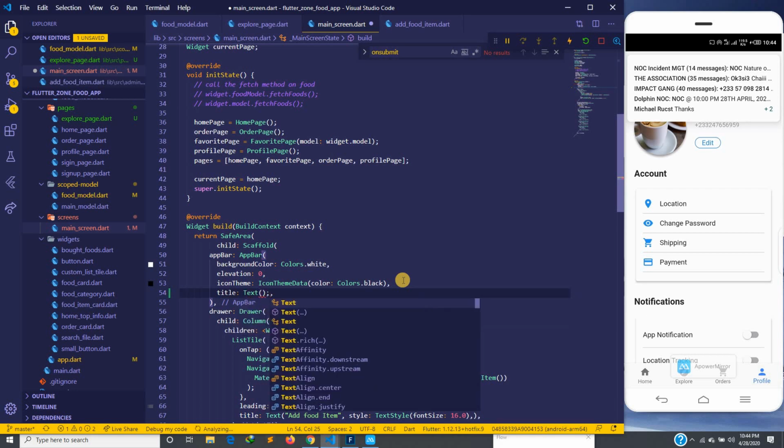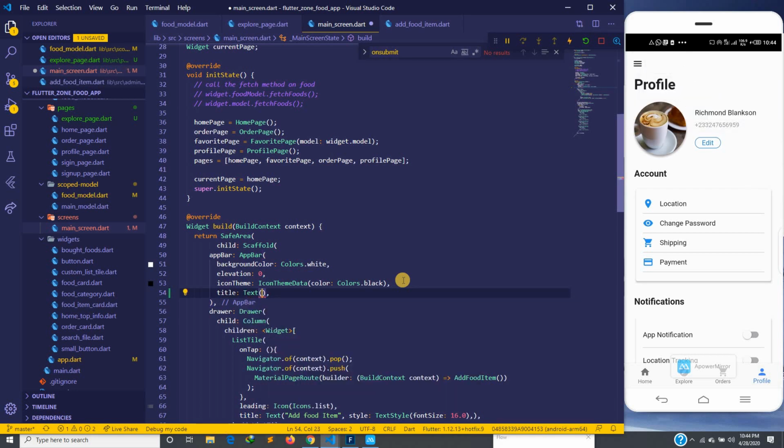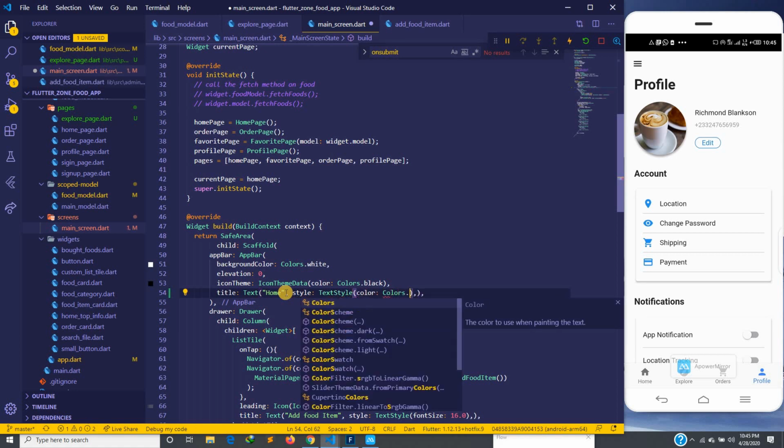so I can just go ahead and assign an app bar title to this app bar here, and I can say, let's say home. Now when I save it, everywhere is going to be home. But then it didn't work because the background here is white, so it is actually making this text also white. So I'll write a style here, text style, to change the color,